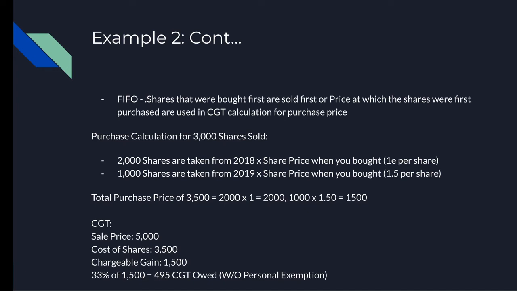And also remember, if you use all of your personal exemption in one go, for example, in this case, you would use all of it. The next time you sell shares, you have no more personal exemption. It's per year, and it doesn't keep recalculating every time you sell shares. It can only be used once per year. Taxes on shares are very, very complicated.